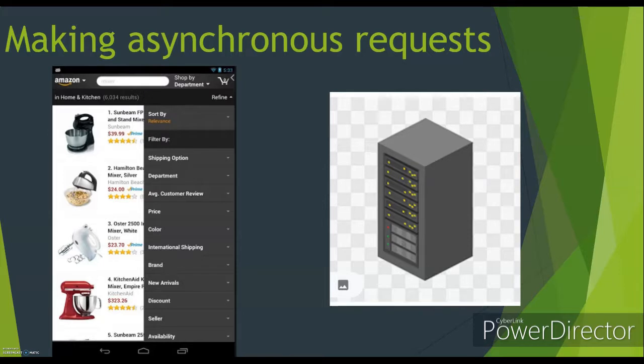This is because an asynchronous request is made by a separate user thread which is created, which goes to the server and fetches a response. Meanwhile, another thread is there to ensure seamlessness of user interaction with the app.